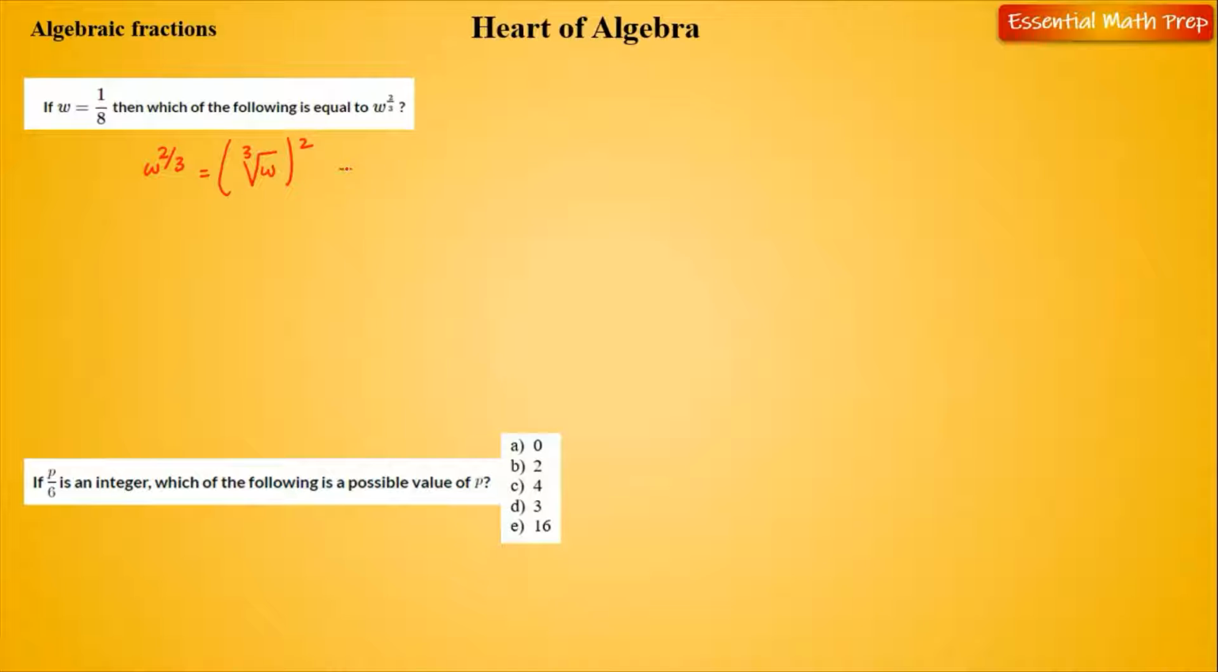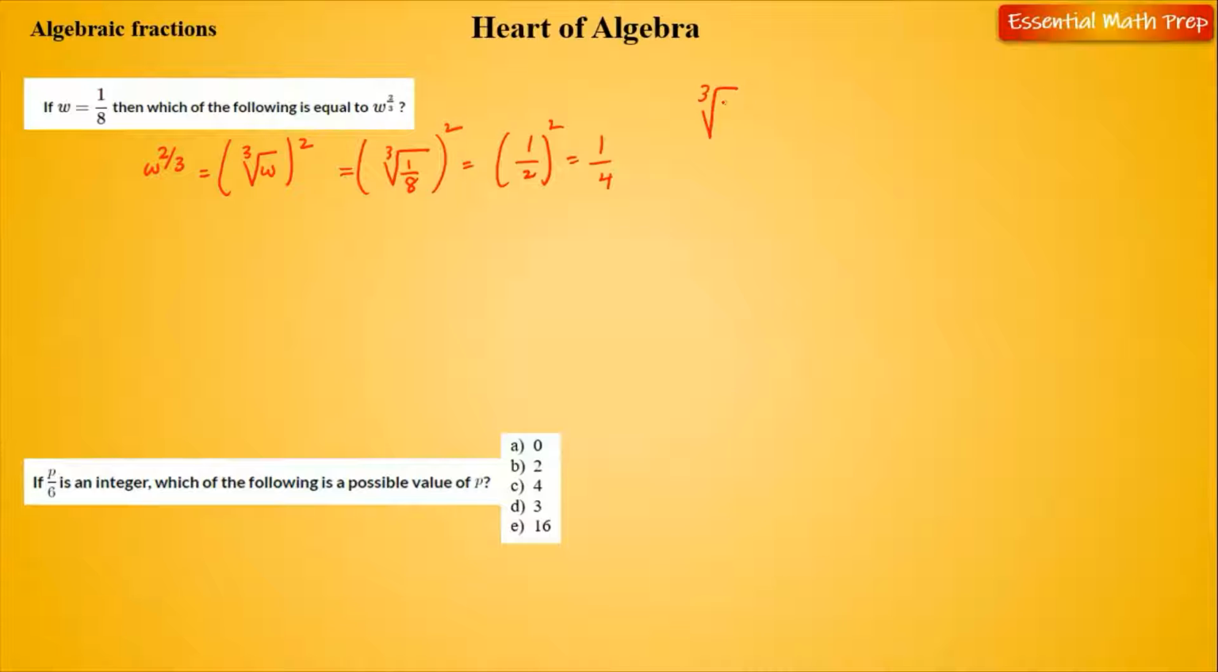So essentially what we are going to do is substitute W with 1/8 and cube it, so take a cube root of it and then square it, okay? This is essentially 1/2 squared. That's 1/4. Why? Because